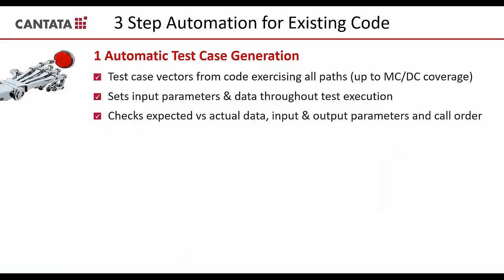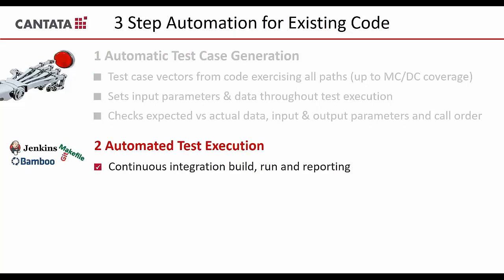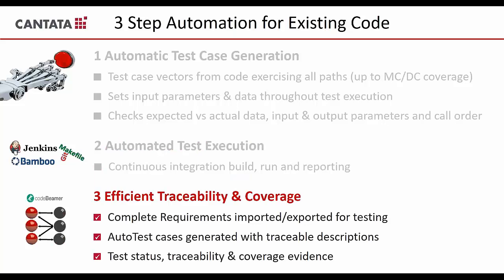So in terms of the automation process, what that means fundamentally is automating the test vector generation so that you are able to run tests, create them automatically right up to MCDC coverage with all those hard to reach conditions. That is not just the inputs, but all the expected behavior too, actual outputs and parameters and call orders, automatically executing those on a continuous run, and of course providing an efficient traceability and coverage mapping, which is a